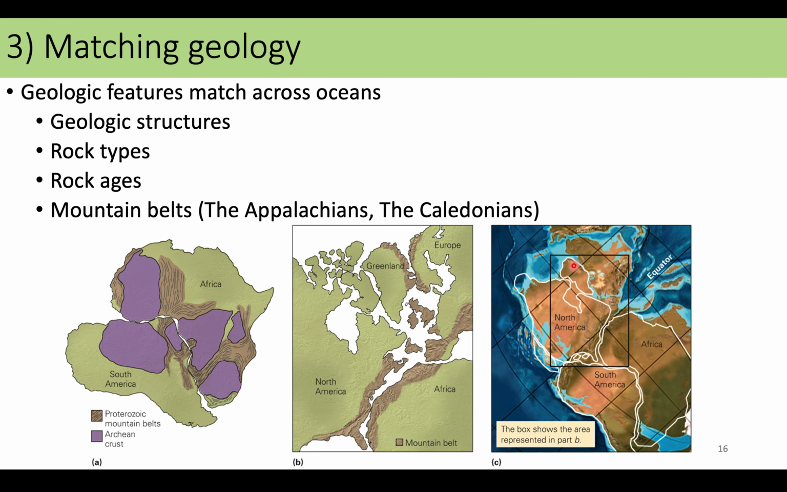He then looked at the geology along what you can think of as the zipper. So if you were to zip North America, Africa, Europe, Greenland up across the Atlantic Ocean, you would notice that the geologic features match very well. So the structures, the rock type, and the rock ages, as well as the mountain belts. So there's a lot of evidence that these could have at once been the same geologic features that had then